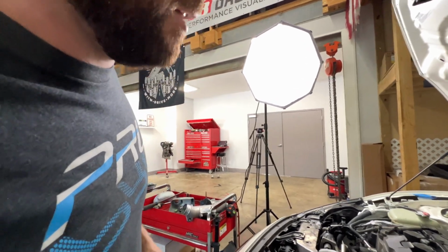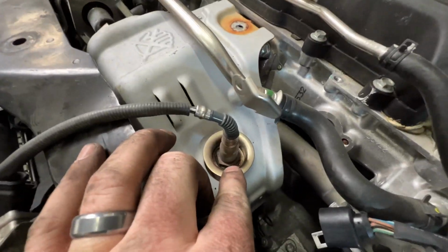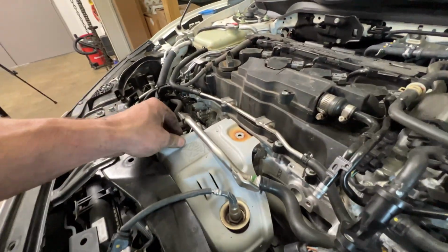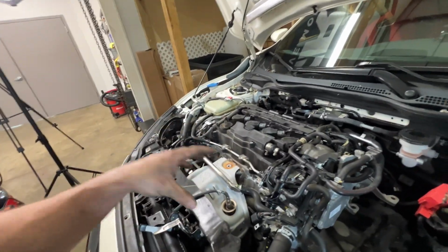Sometimes I forget which tools I have here at P3 and at my home shop. And one of those tools is an O2 sensor socket. And because of this little collar on here, I can't get a wrench on there either. And that's keeping my heat shield on, and I can't get the downpipe off without that heat shield off. So I'm gonna have to run to the store, get an O2 sensor socket,